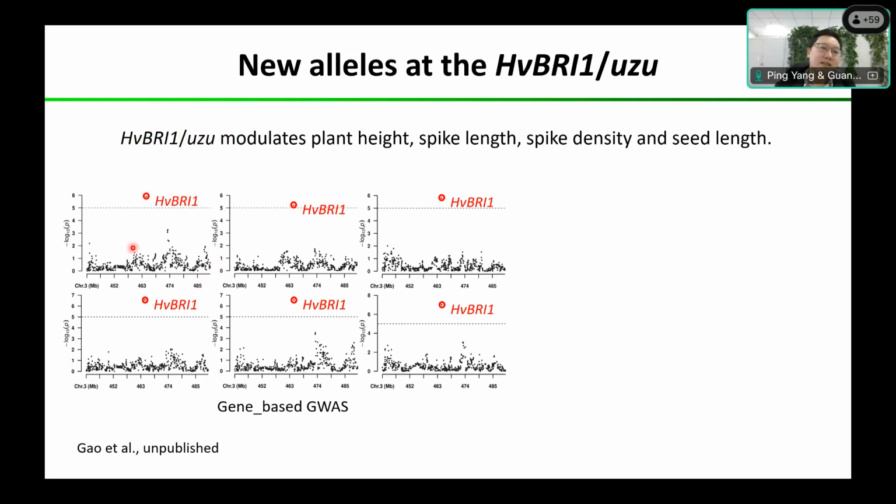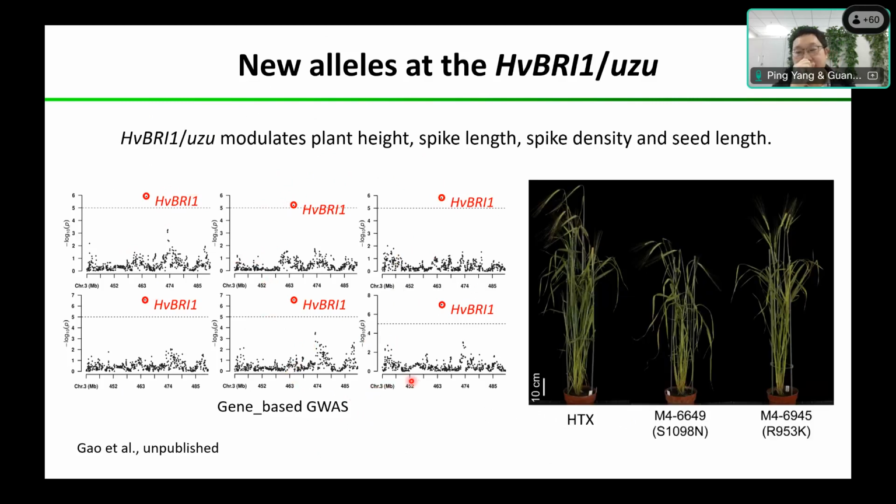This Wuzu allele has a super strong phenotype, and this is not good for barley breeding. For instance, right now in Chinese modern varieties, the Wuzu allele has been discarded in breeding. With these resources, with the TILLING platform, we are also able to identify some alleles at this BRI1 locus, but showing a moderate phenotype.